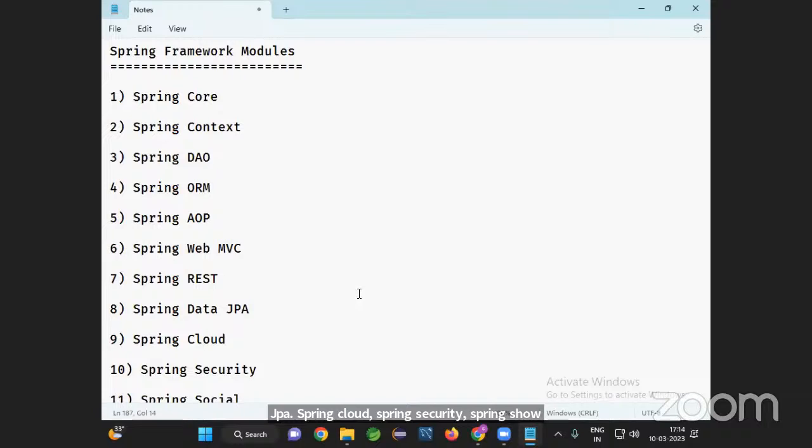Similarly, Spring Boot is also available. Can I say Spring Boot is a replacement for Spring? No. Spring Boot is an extension for the Spring framework. Earlier, people used to develop the project by using Spring, but today in the market, Spring Boot is having a